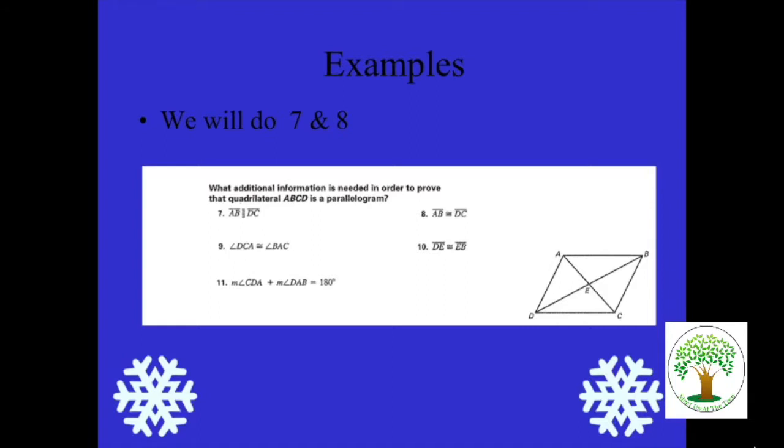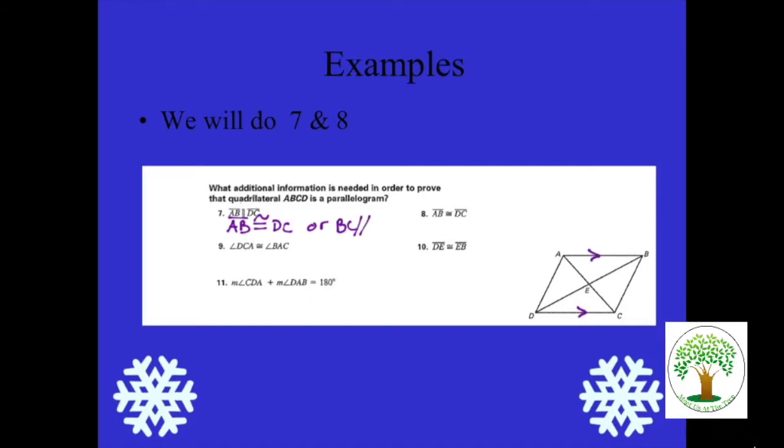All right, number 7. It says that AB is parallel to DC. They're saying right now that this is parallel to that. So we would need that AB is congruent to DC. What other thing could we say if we didn't? Line BC is parallel to line